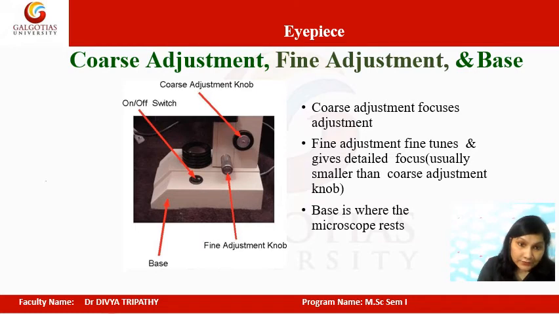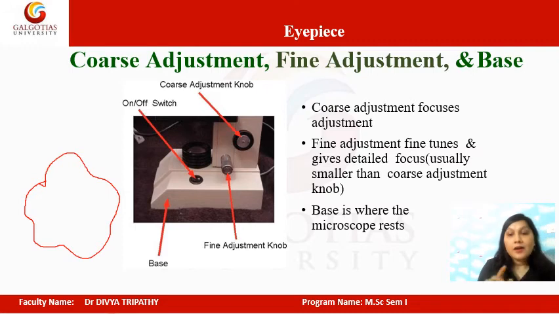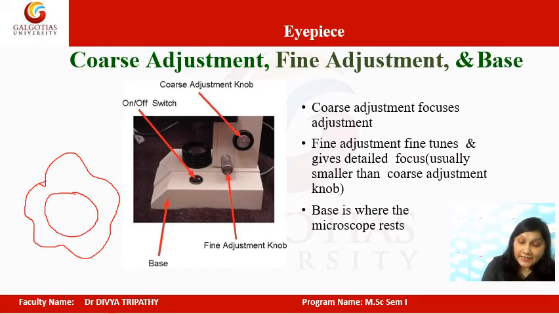Suppose you have to study an animal cell using your compound microscope. First you have to decide the distance of the objective lens, that is, how far your objective lens should be from your object to get the clear image. Suppose after adjustment using the coarse adjustment knob, you will get a picture of this cell in this manner. Now if you use the fine adjustment knob, what will happen? You will be able to study the subcellular components of the cell.